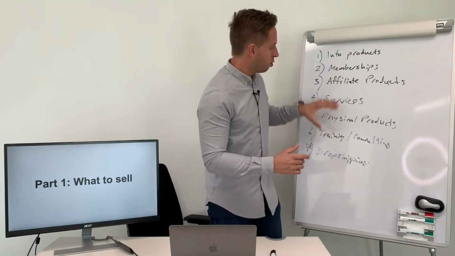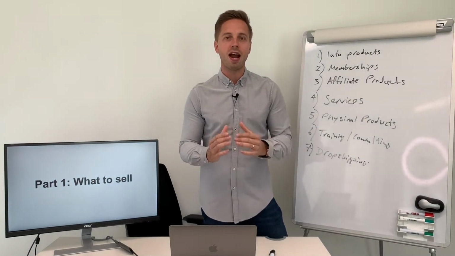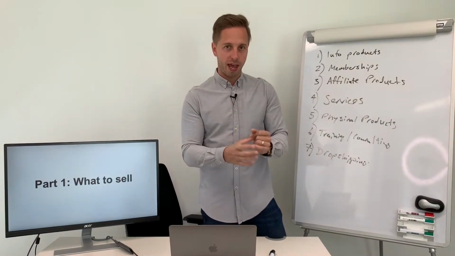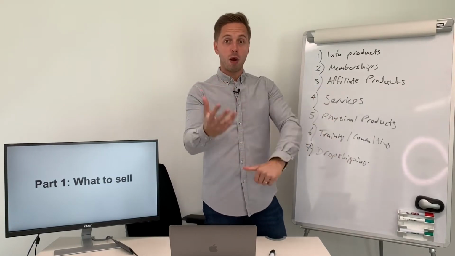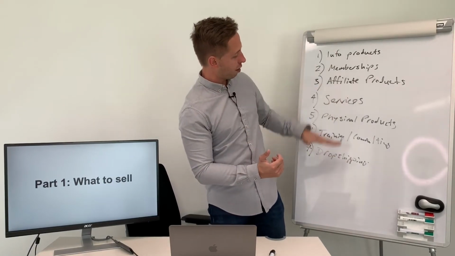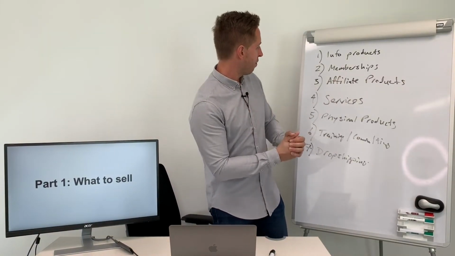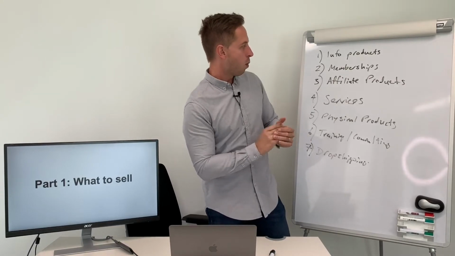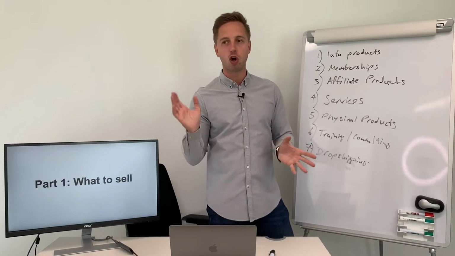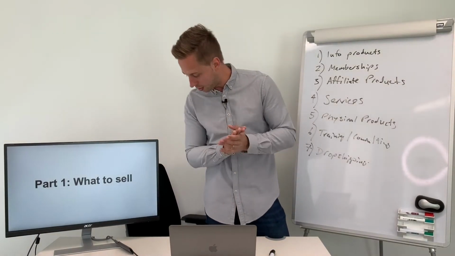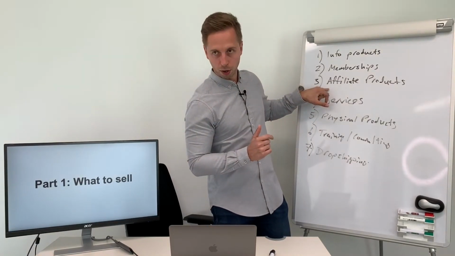Those are the main types of products. The first part is really to figure out what it is you're selling. Let's go through them one by one. And actually, first of all, as you're going through this training, pick your favorite. Which one of those is your favorite? Let me give you 5 seconds. Pick your favorite. My favorite out of all of those, when I'm getting started with nothing to sell, no knowledge, and let's say my job was something I couldn't turn into a product, I would say mine would be affiliate marketing products, so affiliate products.